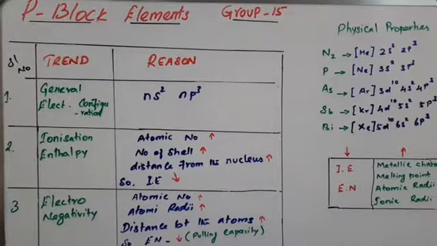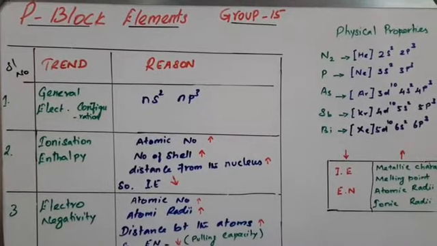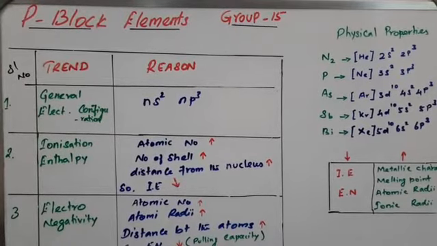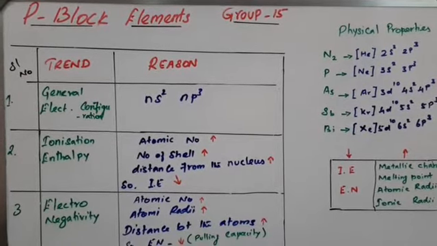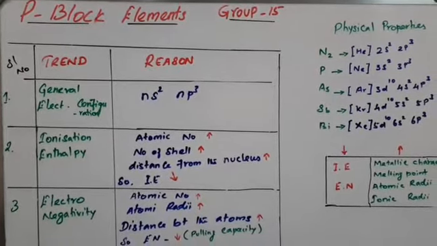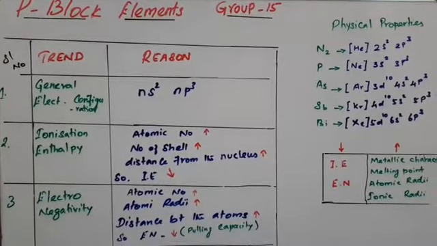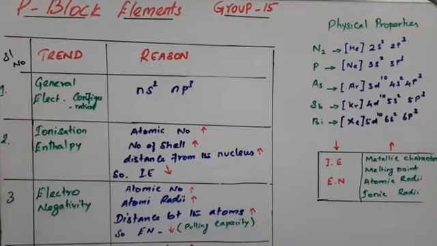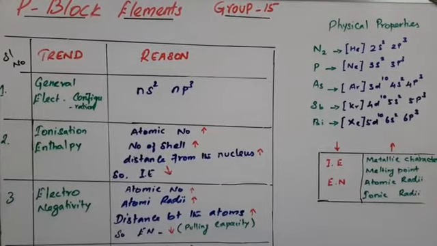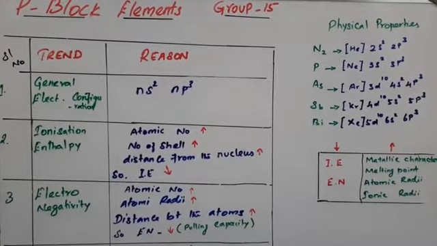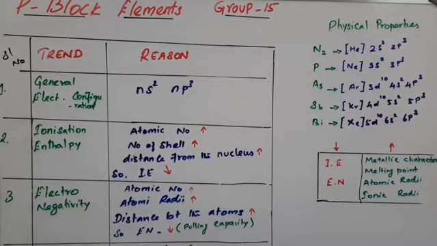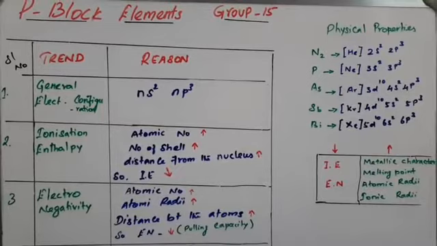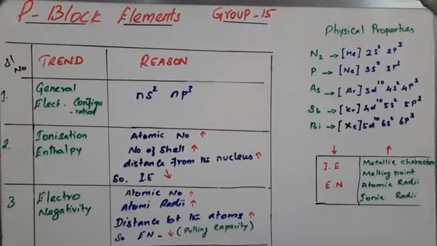Today's session we are going to see a new chapter, that is P block elements. This chapter is a kind of inorganic chemistry. We already have three types of chemistry: physical, inorganic and organic. So P block elements is inorganic chemistry. From this chapter, many recent types of questions are asked by the board, and also complete the